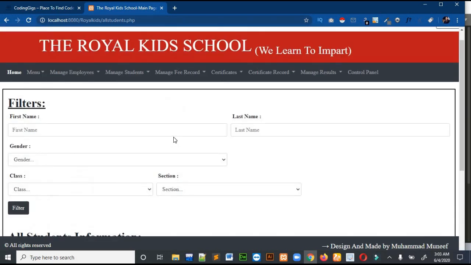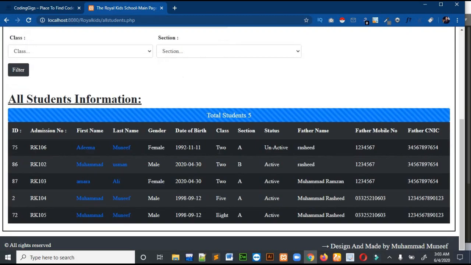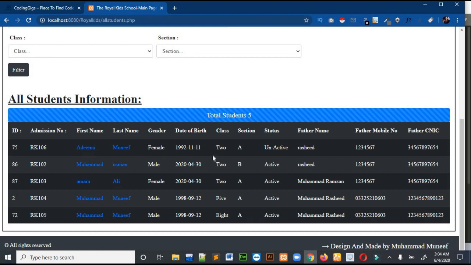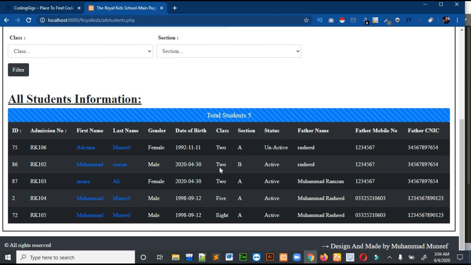So this page is also the same. As I told you, I made this project in a very simple way. Instead of deleting and updating, I used the link on the name section. Just as in the edit page, where whenever we click on the update button all the records of that student or employee are shown, when we click on this name, this ID will be sent to the next page, and we will retrieve the data using this ID on that page. So this is exactly the same. There is no change in the code, so don't get confused.